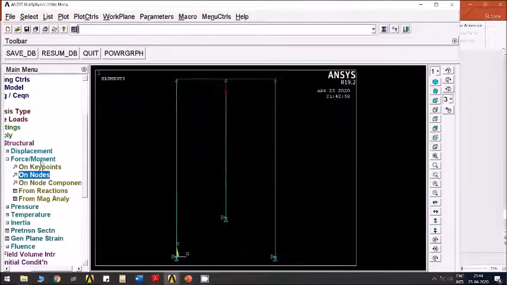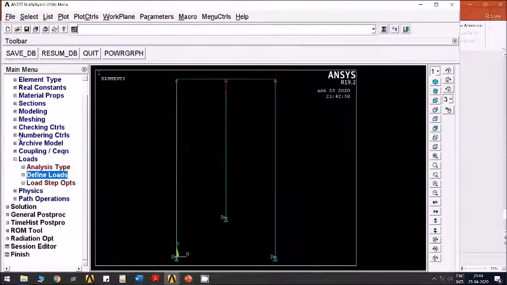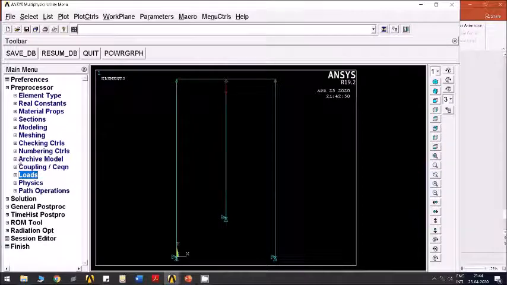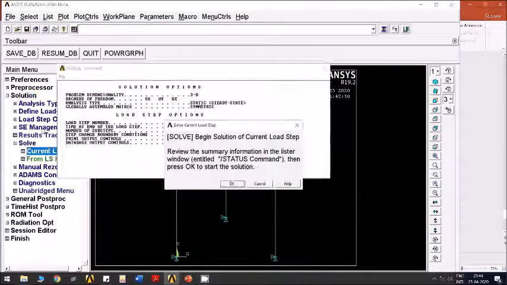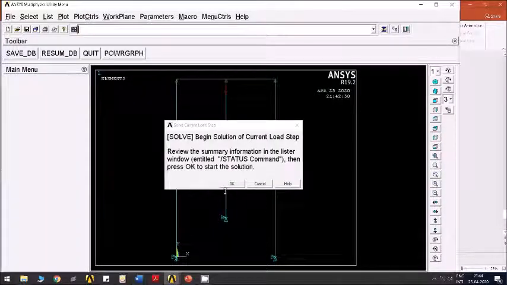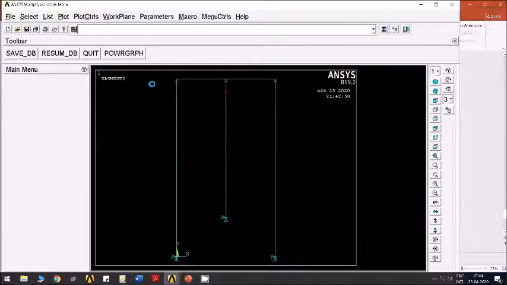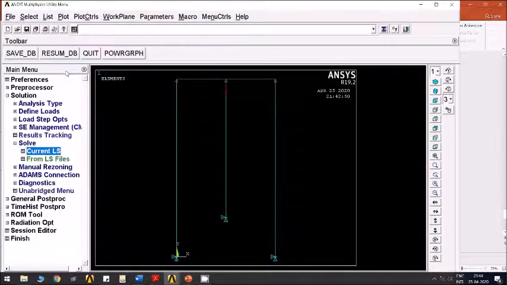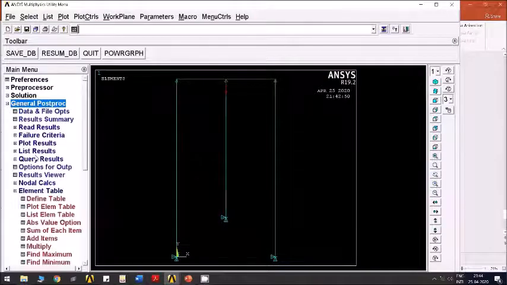Click OK and solve it. Solution is done. You just check all the results, whatever is required for you.